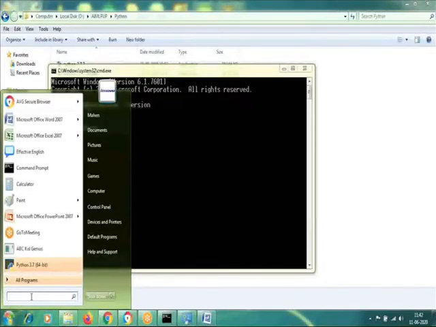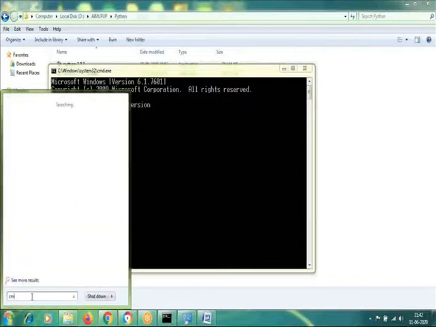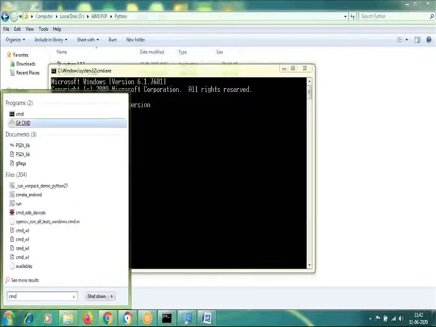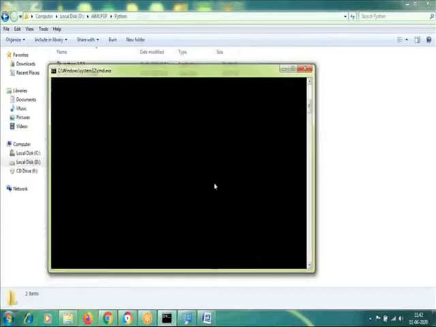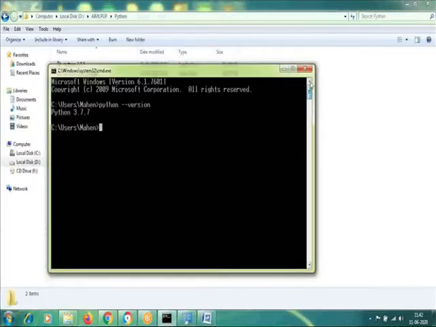In that search bar you can also type CMD, and you will get the command prompt icon, and you can click on it to start the command prompt. Once it has started, type python --version and press enter to list the Python version which is installed in your PC.